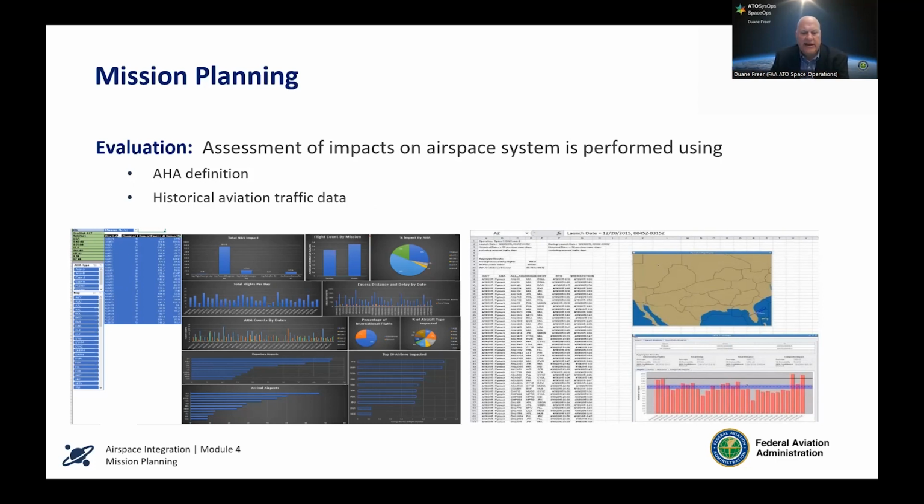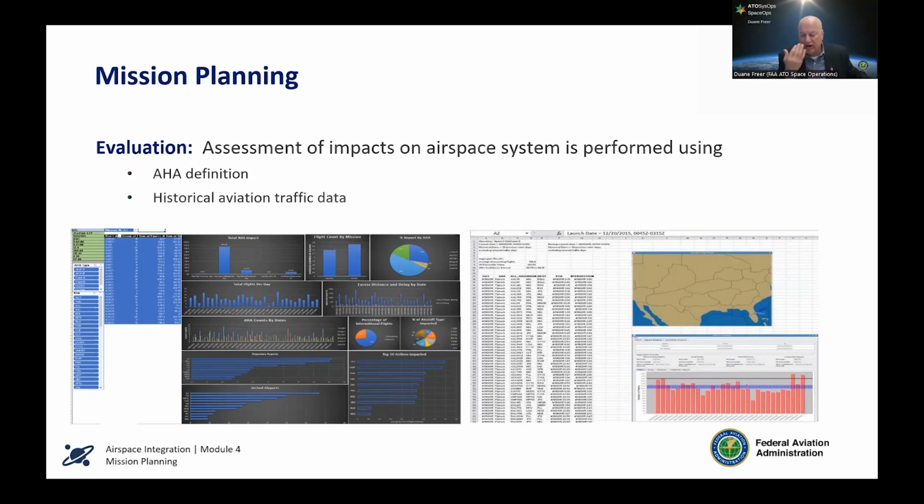We also have another tool that's a similar type of tool, but does a little bit different analysis on the right-hand side. And that more or less defines the same thing. You can see in that lower right-hand corner, we've put in a hazard area with a launch window and a hazard area activation time. And we've done an analysis for 30 similar days. So if the launch is on a Tuesday afternoon between 2 and 4 in the afternoon, we'll do an analysis of the 30 previous Tuesdays between 2 and 4 in the afternoon.